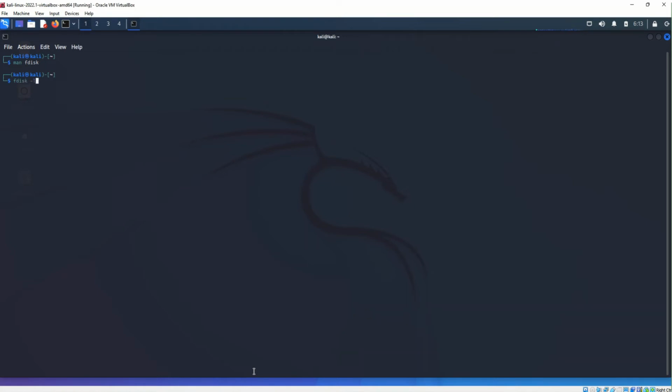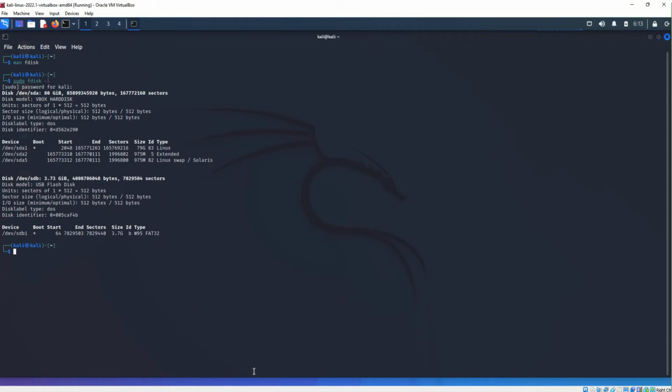So let's skip this help page and type in fdisk -l. This is not going to work. Actually, you need to have root user privilege. So type in sudo at the beginning of this command, and then type in fdisk -l and hit enter. The operating system is going to ask you for the password, and you need to type in kali again. Now when I hit enter,